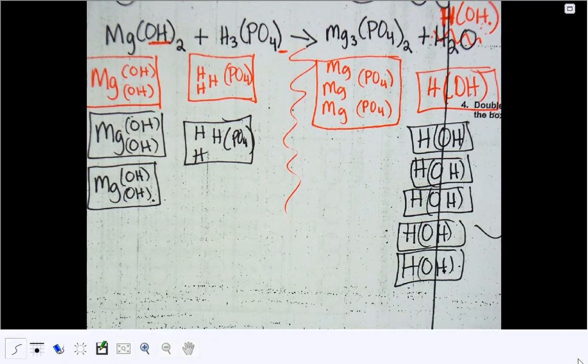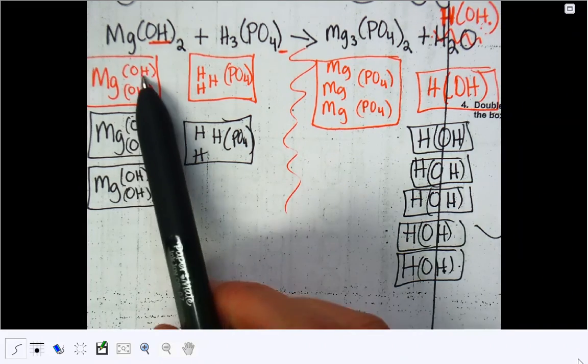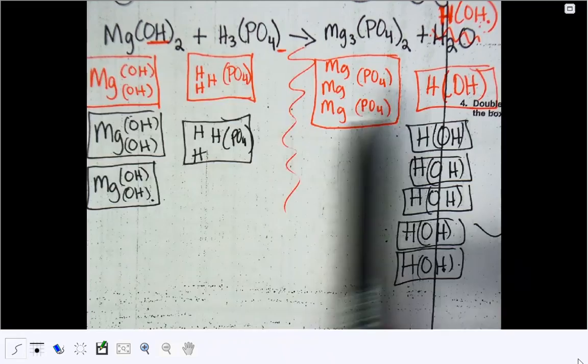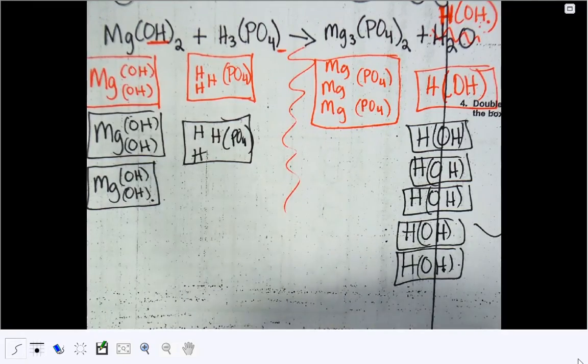So, big point of this. Put your polyatomic ions into parentheses and balance them that way. Leave them in their box. You'll see on question number 2